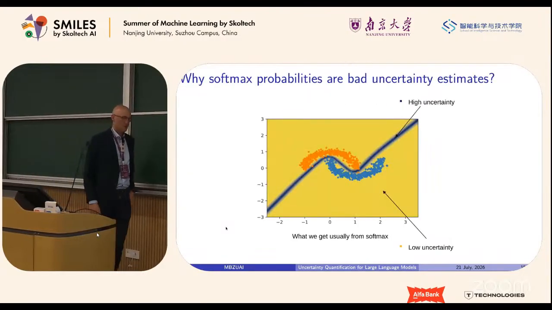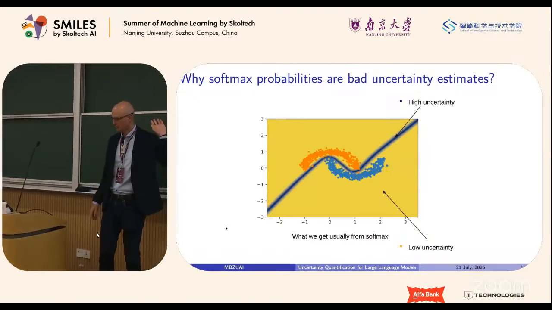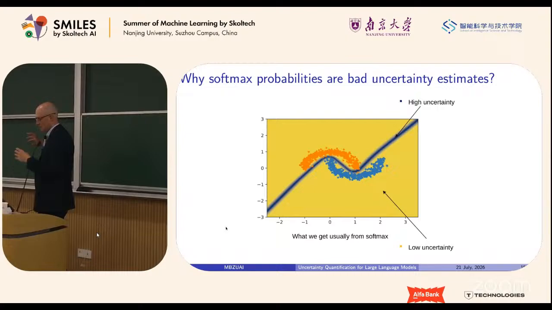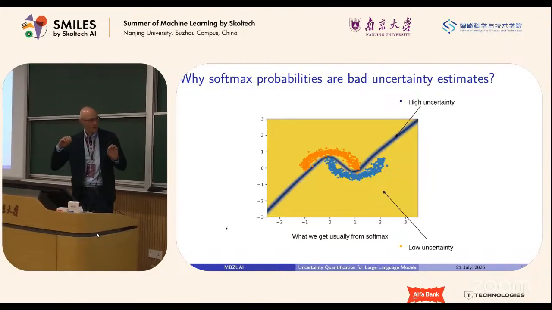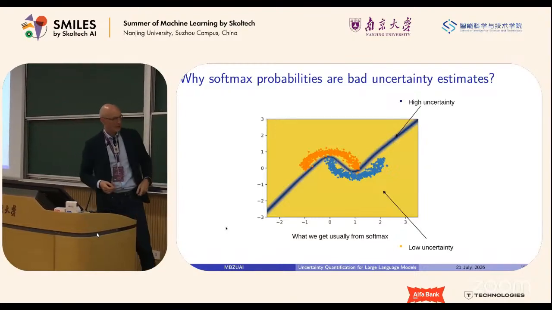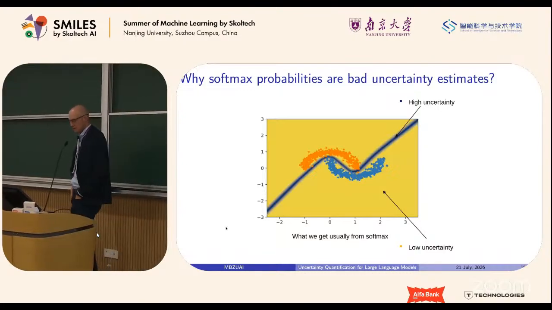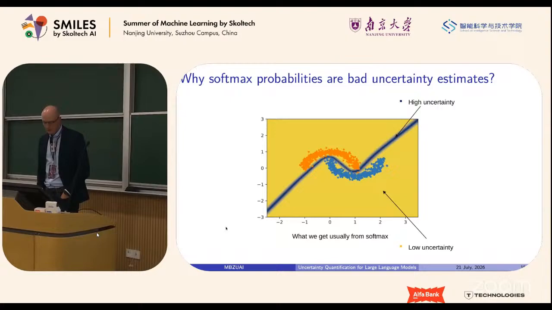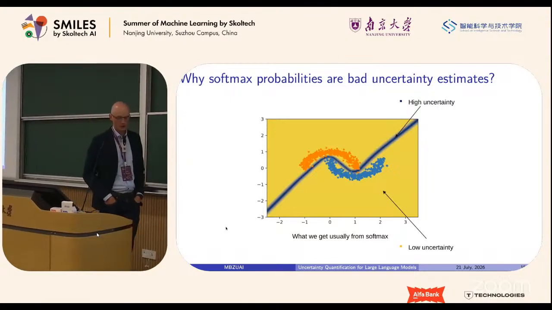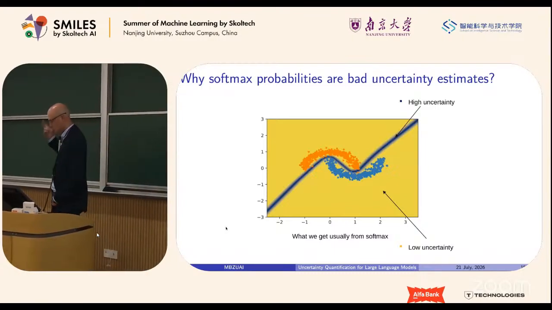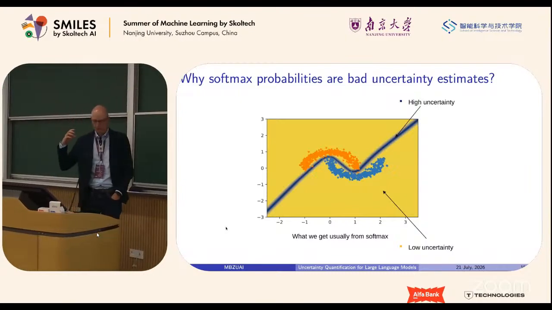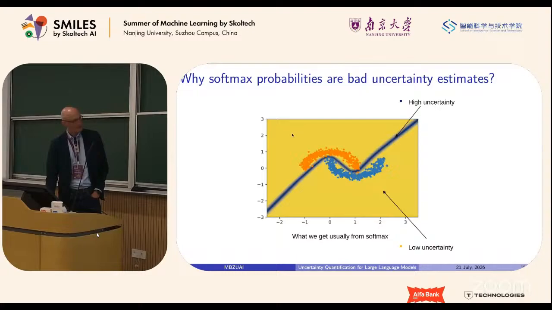So the problem with softmax probabilities is illustrated on this chart. We can have, let's say, a two moon data set, and we can build a very simple classifier that has this decision boundary. And in many cases, we can find that this classifier would have very high uncertainty only on this very narrow boundary between classes, but it will assume that everything, let's say, in this area or in this area is confident. So uncertainty only located here.